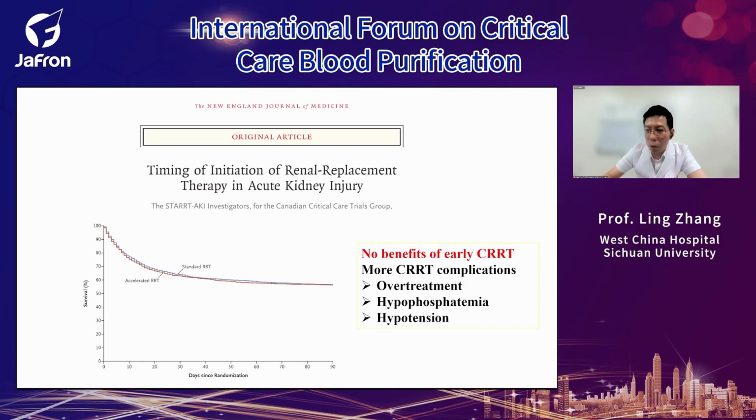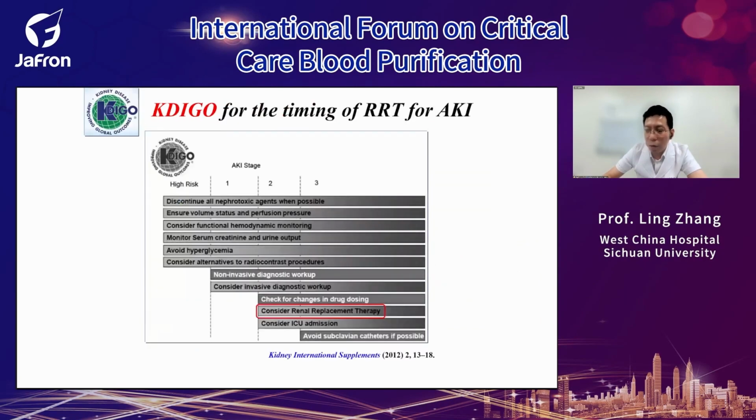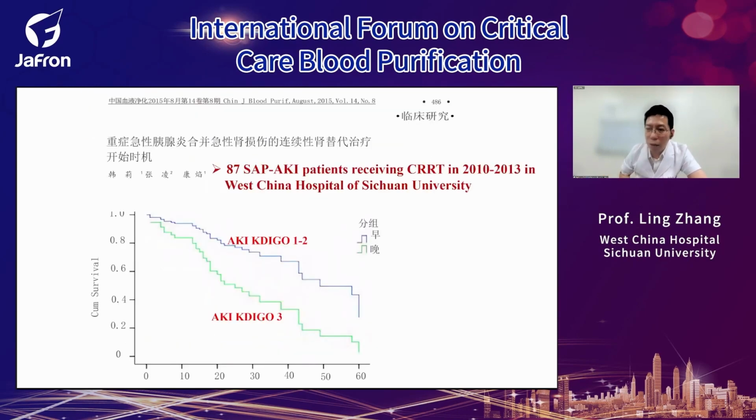So we can see in the KDIGO guideline that for AKI stage 2, we should consider the timing of renal replacement therapy for acute kidney injury patients. And in our local findings, we did a retrospective analysis of 67 SAP patients with AKI. We found that if we start the CRT intervention earlier, a higher survival